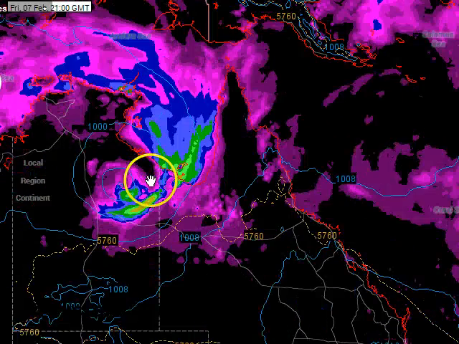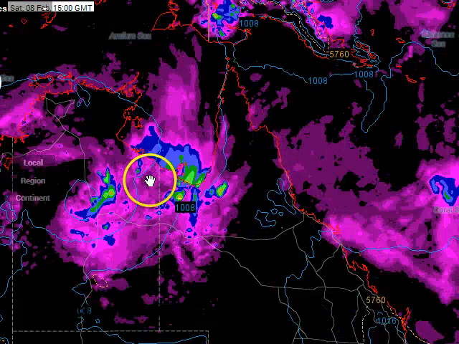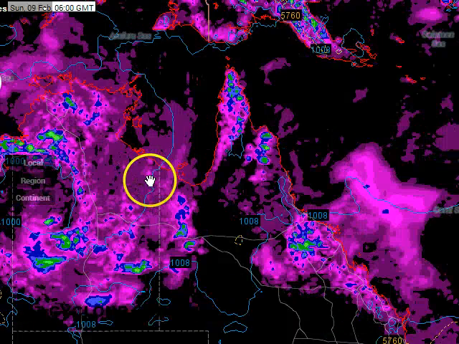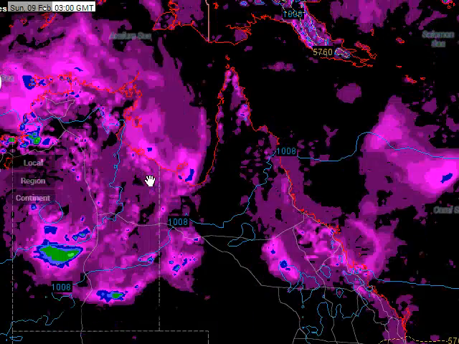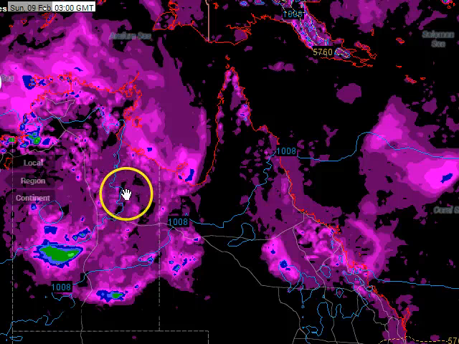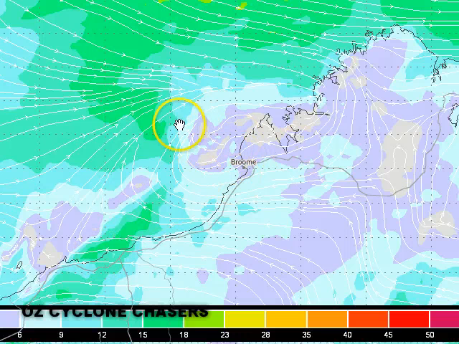So don't be surprised if we get rainfall totals of half a metre or more over the next 4 to 5 days in this area, maybe even up to 600 or 700 millimetres in parts. So some really phenomenal rain in this area. Now, it's not until about Saturday, Sunday that the system starts to track to the southwest and in towards the WA-NT border. Okay, now let's talk about the little sneaky Broome low,